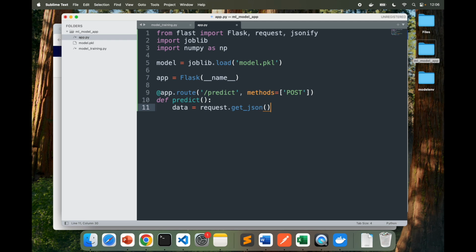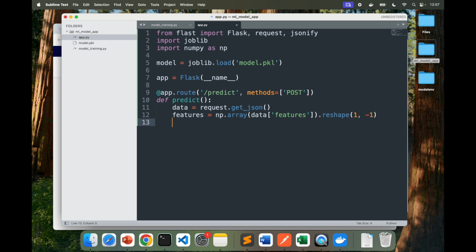So let's go ahead and pre-process the input data. For that, I'm going to say features = np.array(data['features']).reshape(1, -1). Now this features = np.array line takes the data features. The JSON input is expected to contain a key called features.